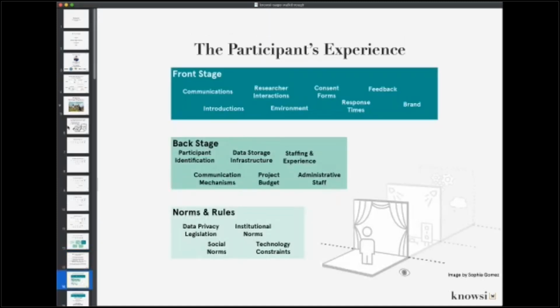So talking about the participant experience, one of the ways that we can frame this discussion is using some of the language of service design. I'm not sure how much you all are familiar with that. I would encourage taking a look or doing a quick Google around service design, perhaps after this chat. But one of the core principles is that you have a front stage experience and a backstage experience. In addition, you have norms, rules, regulations, and systems that inform how those things are structured.